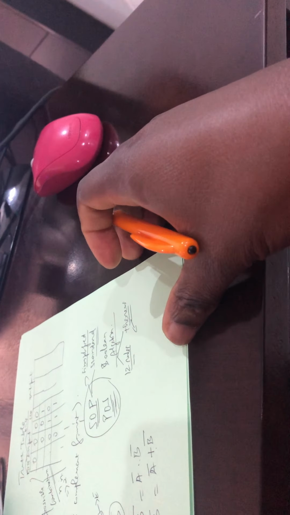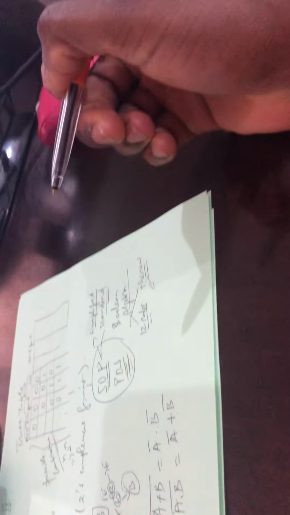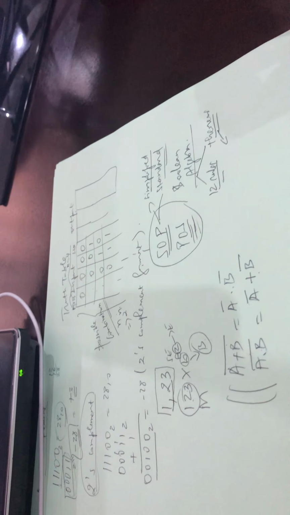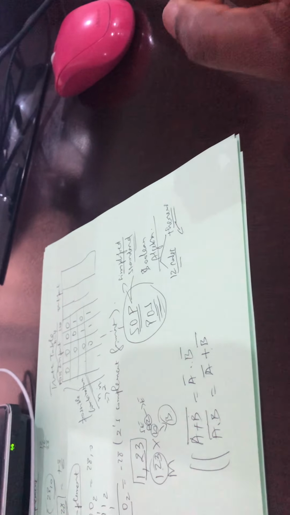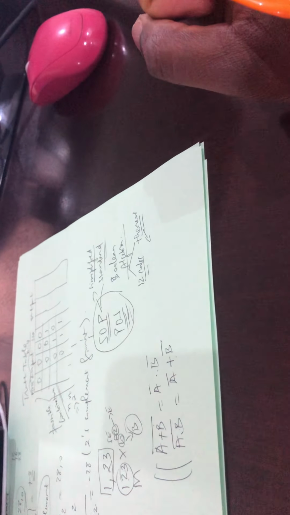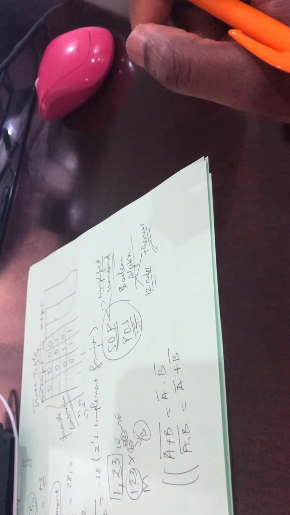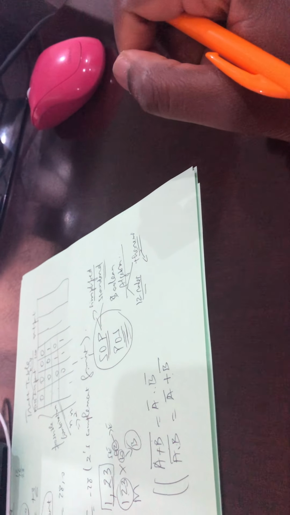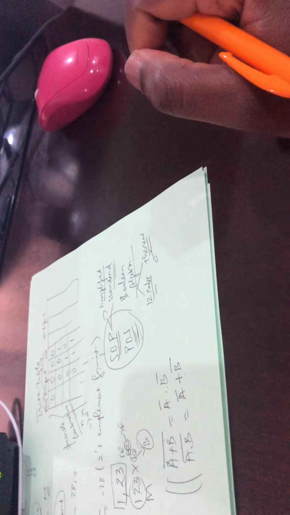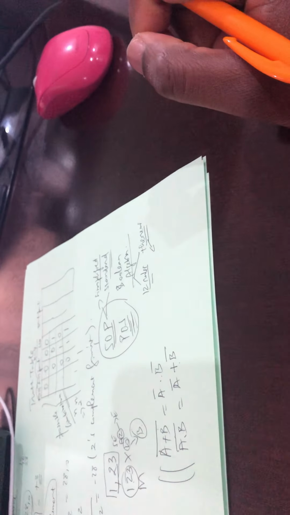Those were a couple of the things you learned in Digital Systems 1 that I'm trying to revise with you here. I'll point you exactly to the different pages of the Digital Fundamentals textbook that you need to go through as a revision of this chapter. That will conclude our class on Digital Systems 1 revision, but I'll conclude it by pointing you out, in a WhatsApp message, to the different pages that you need to go and revise in terms of SOP and POS,